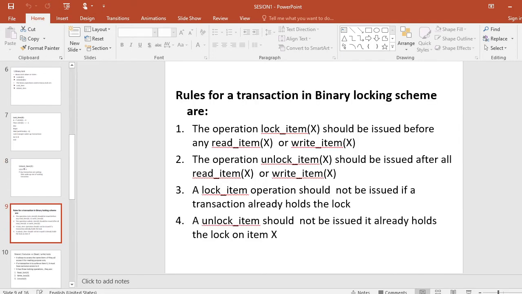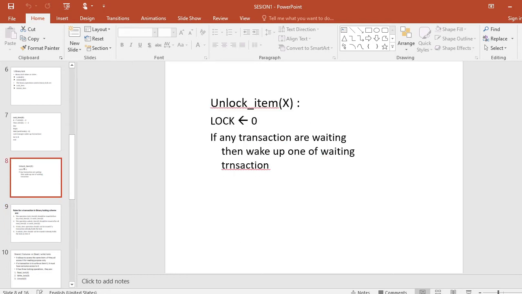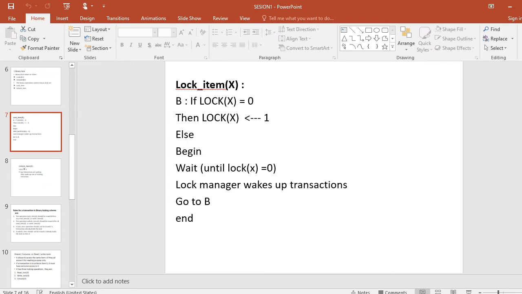Next, the lock item and unlock item operations must be implemented as indivisible units, as shown in the previous session. No interleaving should be allowed once a lock or unlock operation is started, until the operation terminates or the transaction waits.